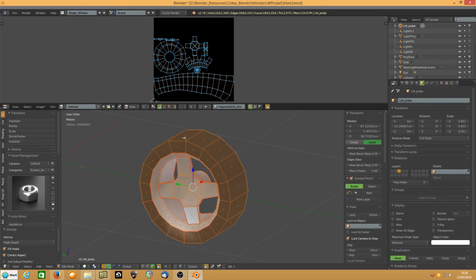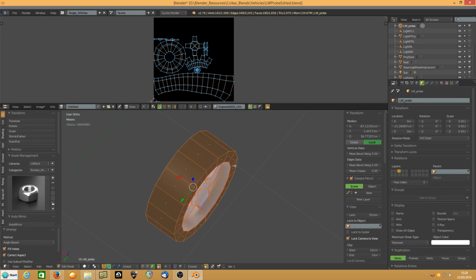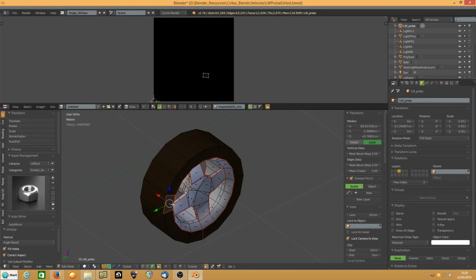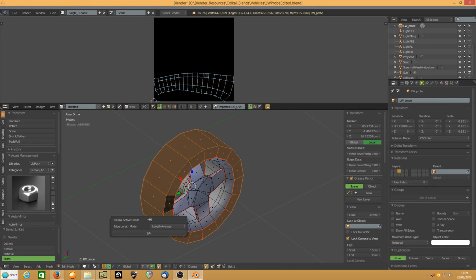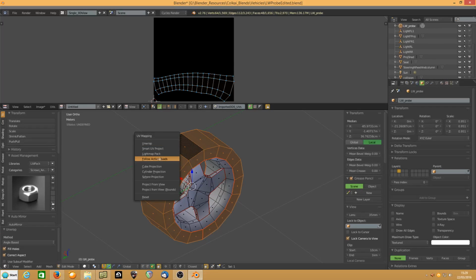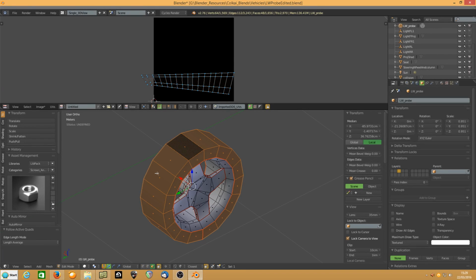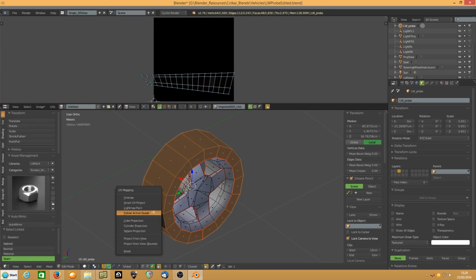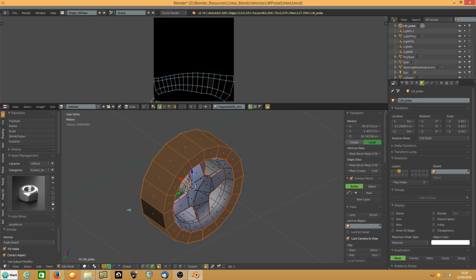So what I do, I've figured out that for follow active quads to work, it's quirky. If I just select that, do an L, then U, follow active quads, you can see it's all strange. So I'll take that one, do an L, U, follow active quads. No difference. That's odd, isn't it? So I unwrap, then I follow active quads, and it does it differently. So in other words, first things first, simply reselecting another polygon and saying follow active quads has no effect. You've basically got to unwrap it in another method before you can then reselect follow active quads,